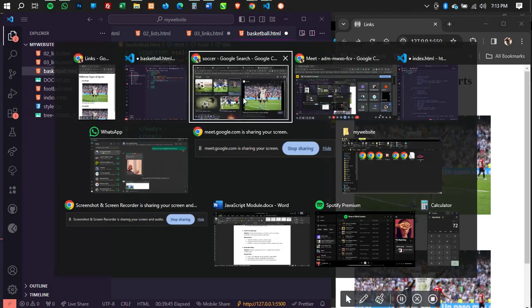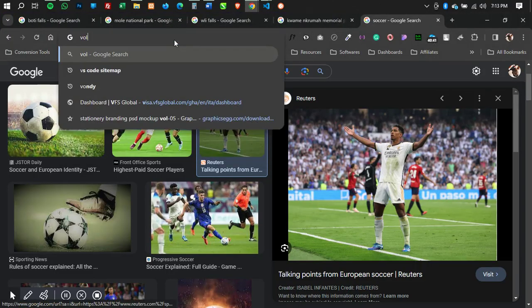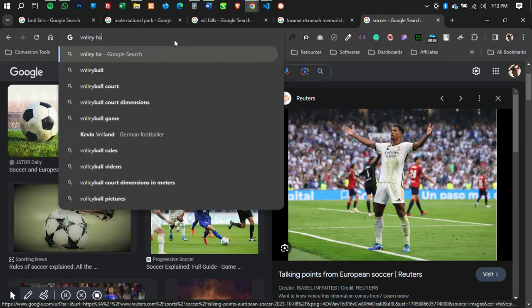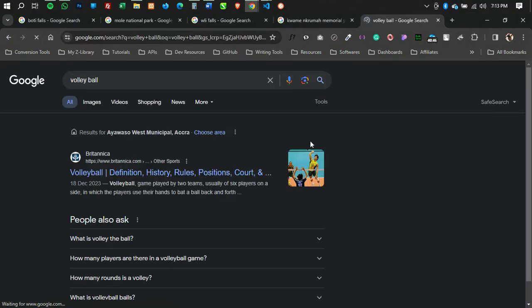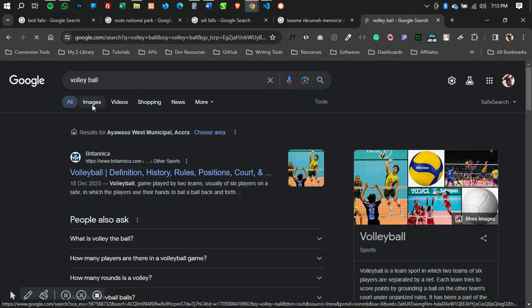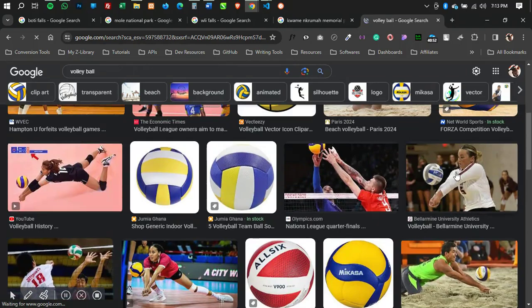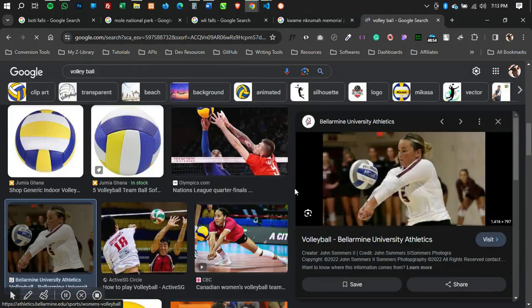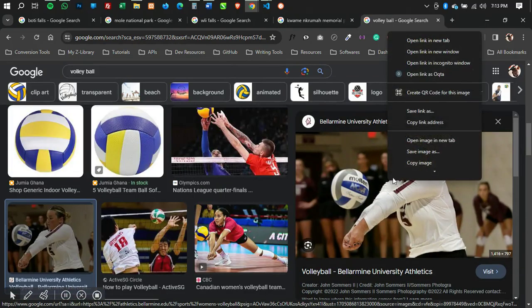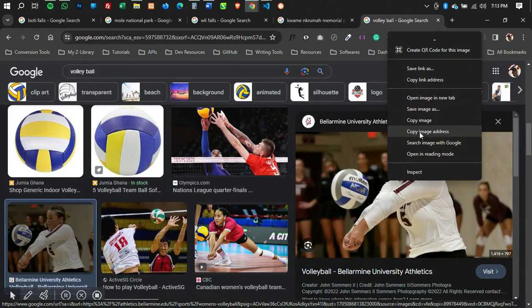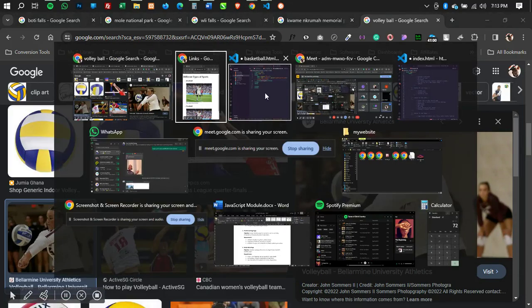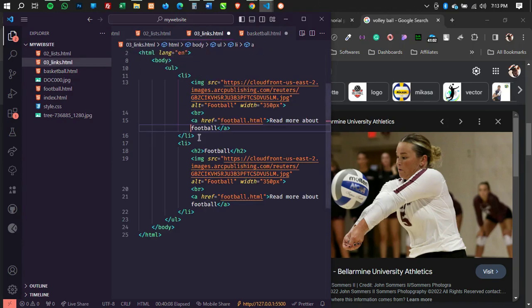Volleyball. So let me just go here and search for volleyball. So inside my links here, let me replace the picture for volleyball.